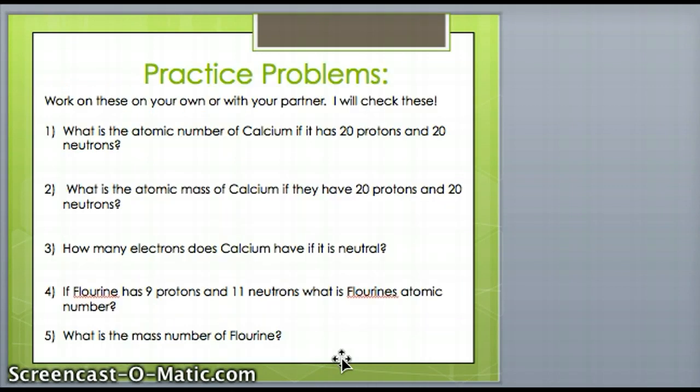So here are some practice problems. Just do these. Answer 1, 2, 3, 4, and 5, and you don't need to write down the questions. All right, you're going to use the periodic table to figure this out. You can look up a periodic table at